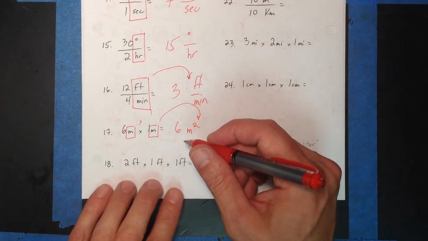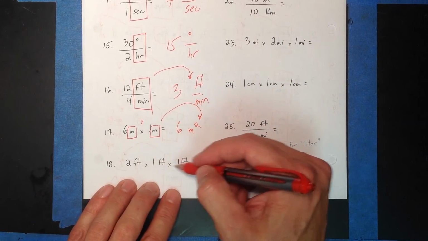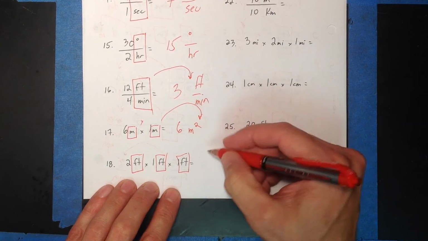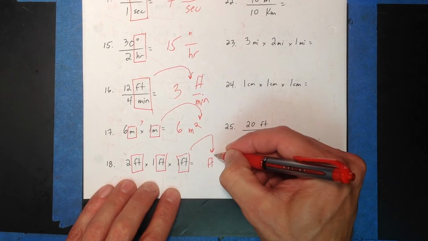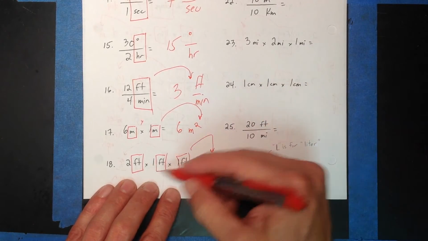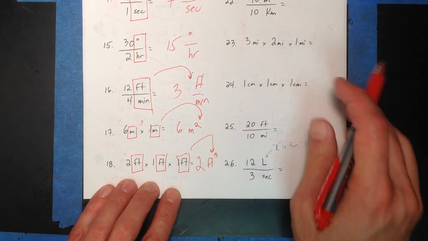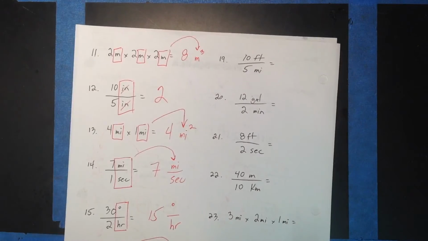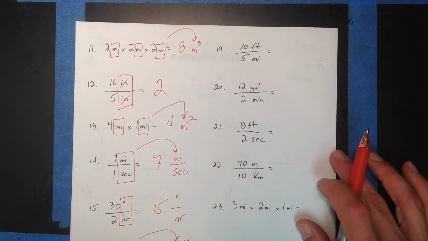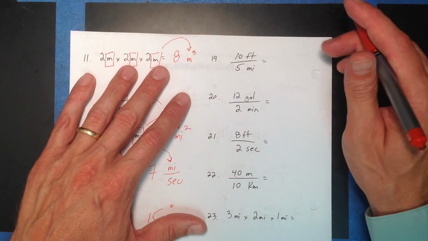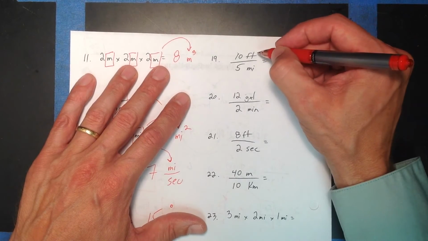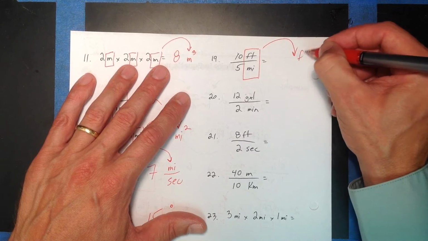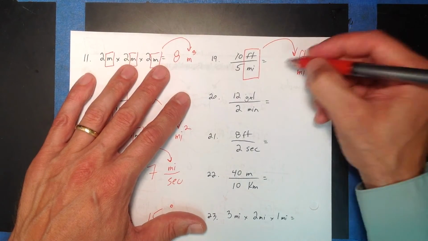Alright, 2 feet times 1 foot times 1 foot. Feet times feet times feet equals feet to the third, or we say feet cubed. And then that's going to be 2 cubic feet. That is something you may measure, again, like soil. You go buy soil in a bag, or get soil delivered, they measure that in cubic feet. 10 feet divided by 5 miles, feet on top, miles on the bottom, and then 10 divided by 5 is